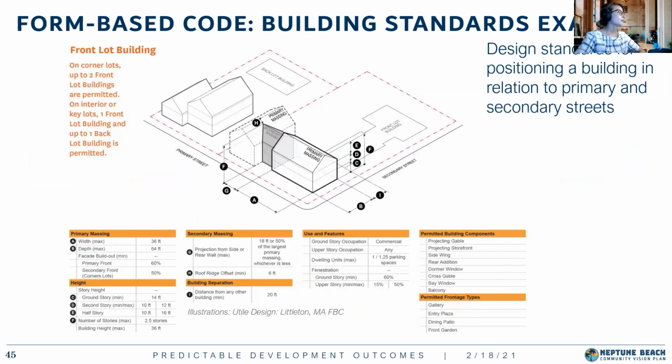Form-based codes can have much more specific regulations on primary massings versus secondary massings, primary and secondary fronts to any particular street, upper story projections, second and third floors if they're able to project forward. And the list goes on and on. There's a whole number of tools you can use within a form-based code to be very specific about how the massing of the building will shape on any lot.